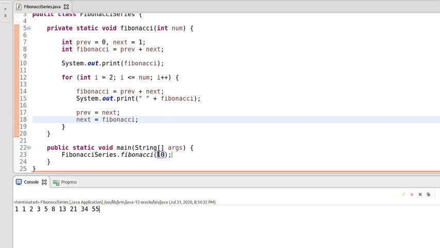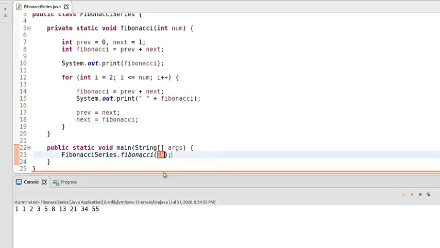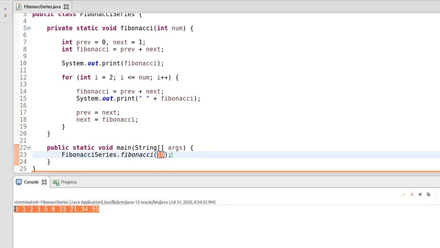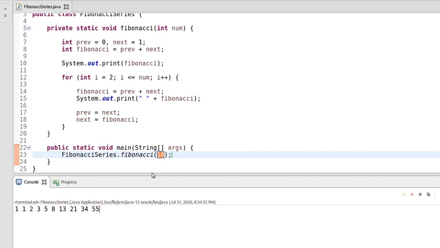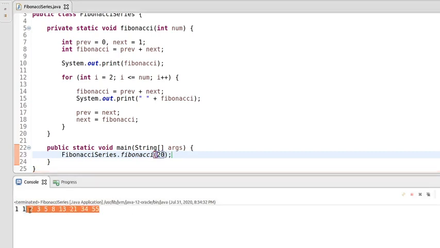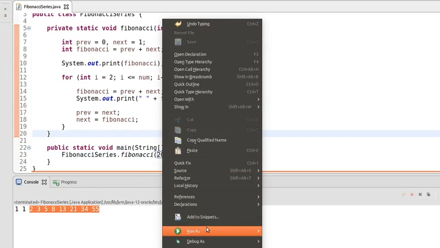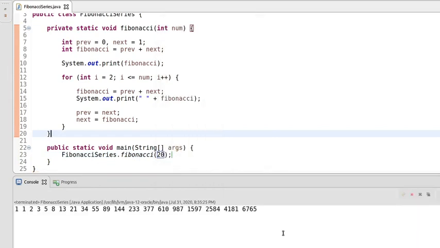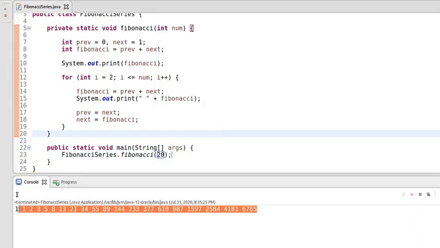So we have passed only the value 10 here, that's why we have only 10 numbers of the Fibonacci series. If we pass 20 here, it will print 20 numbers of the Fibonacci series. See, these are the 20 values of the Fibonacci series.